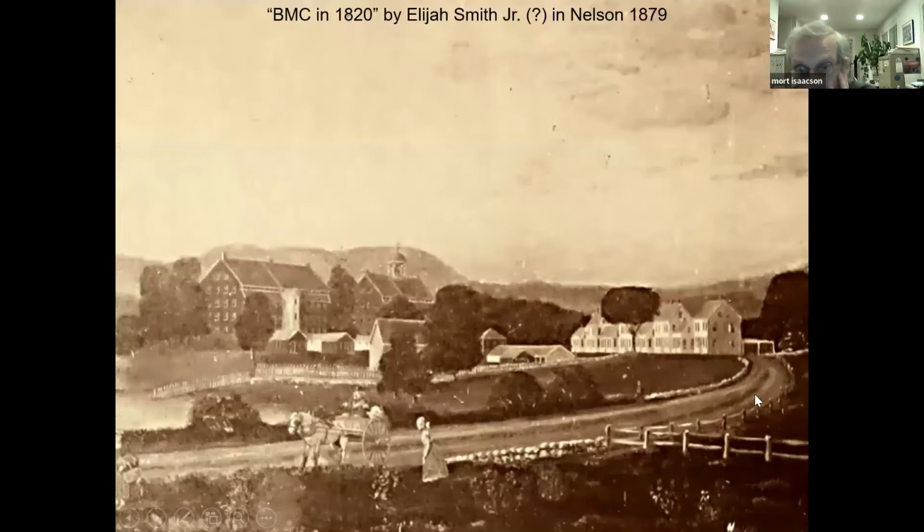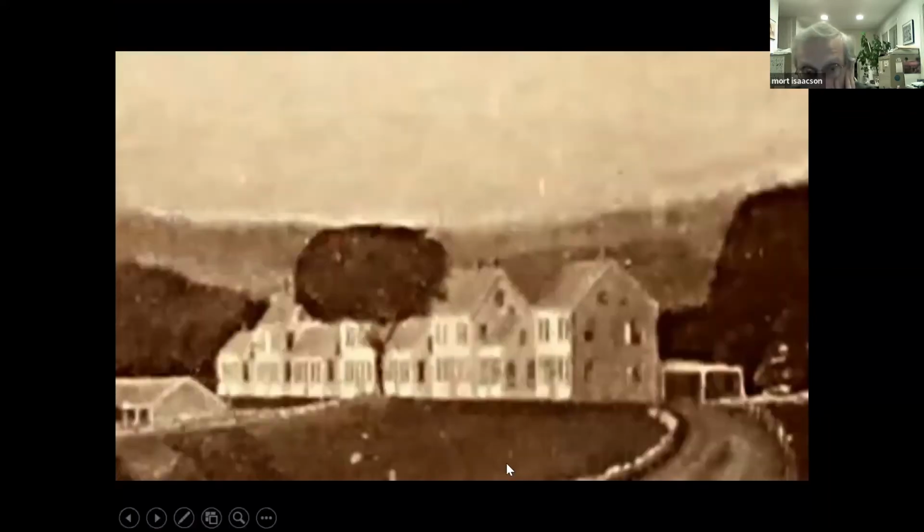So then if we look back at this picture here, we can see that curve in River Street, the row of mill girl boarding houses, and the two mills here along the river. Okay, and again, remember, when we go forward here, these people, the cart and the woman by the cart in this picture. So taking a closer look at those mill girl boarding houses, and I'm sorry it's so blurry,